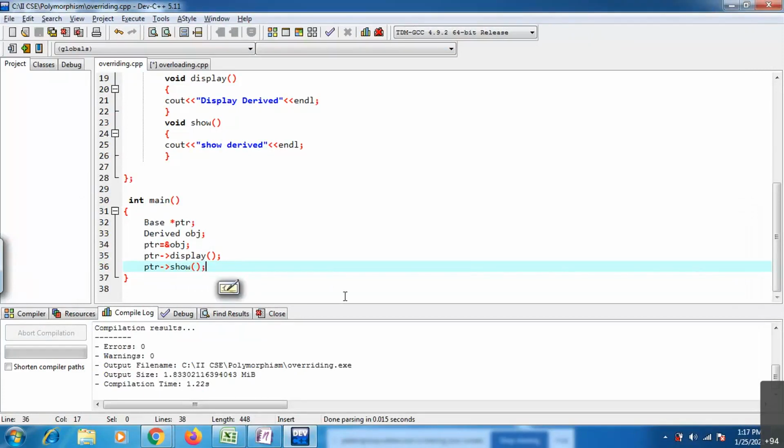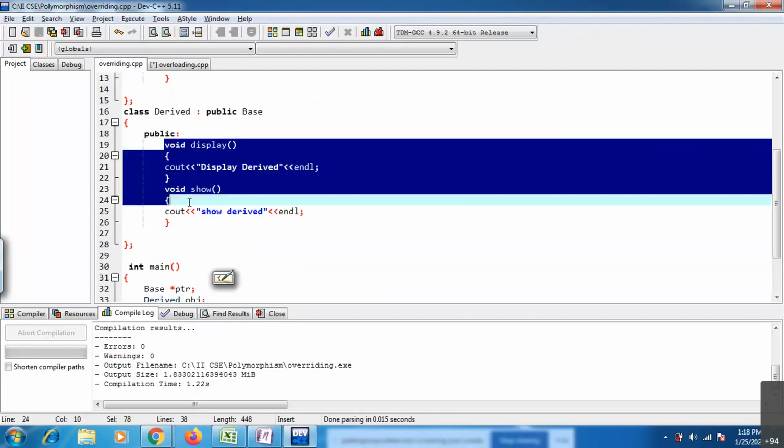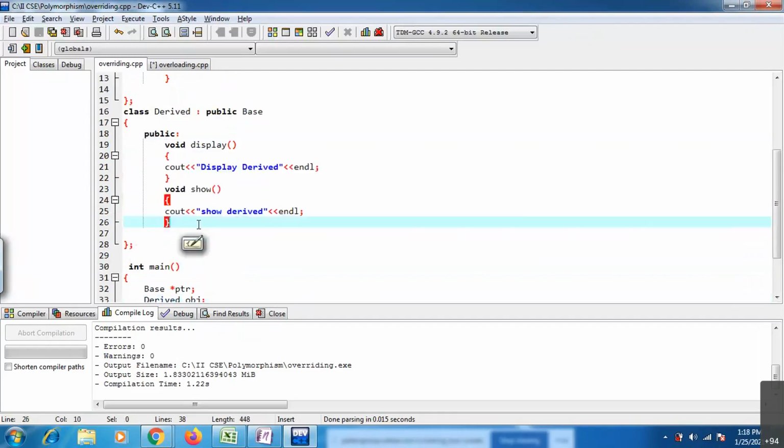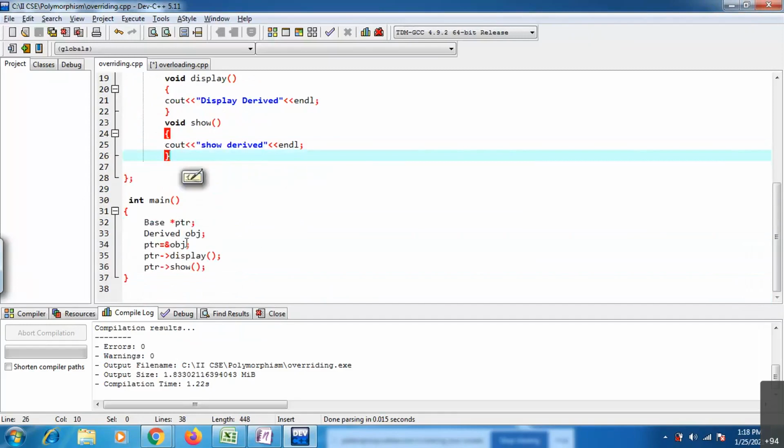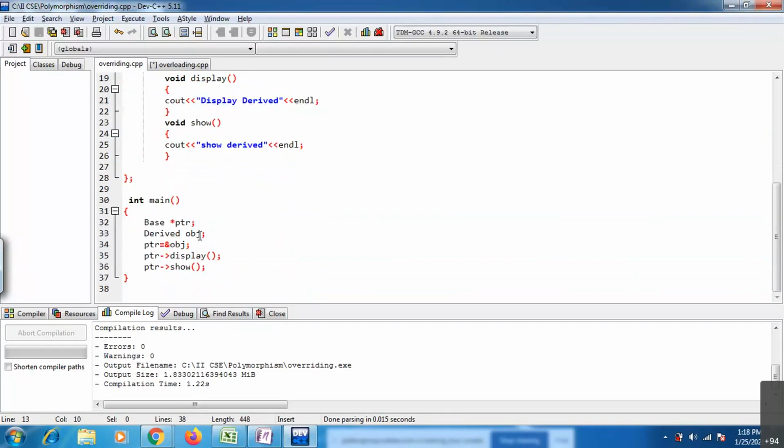In the previous case, if I call with this object reference, I'm able to access only derived class members, but base class members are not accessible. If I use this pointers concept, pointer to base, I'm able to access only base class members. I'm unable to access these derived class members.